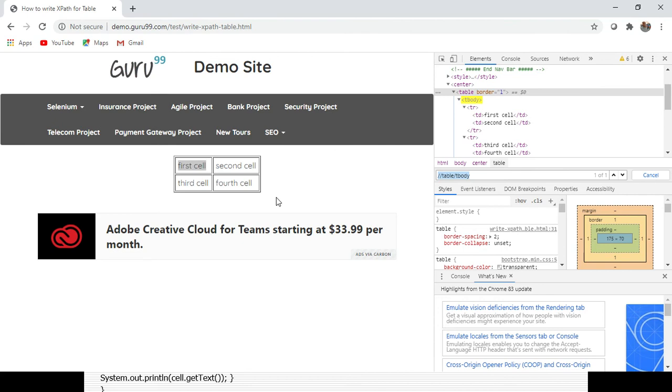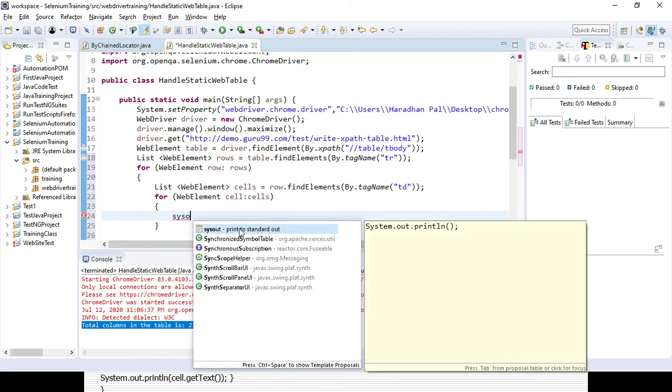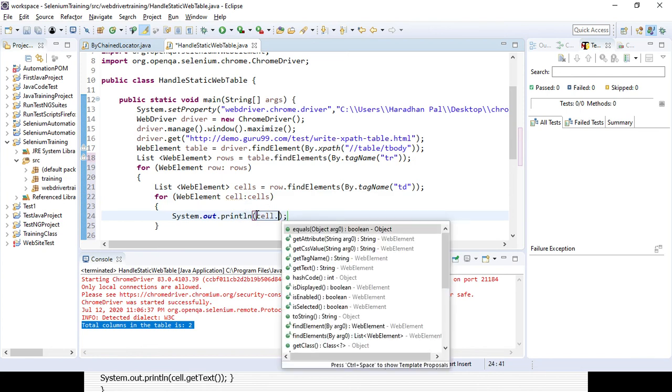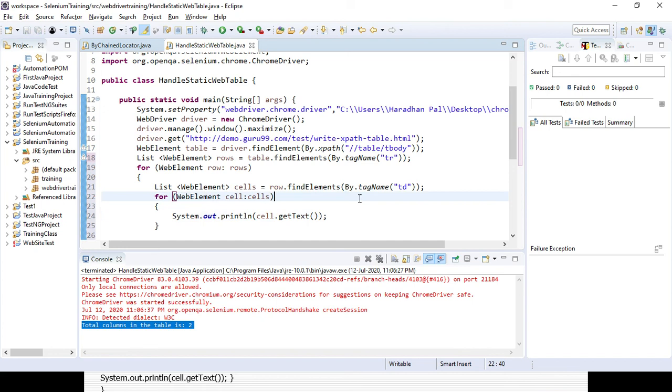I need to give some bracket and I need to print it. Here if you print it you will not get the correct value, because it is a text value, right? You need to use getText, okay. So that's the line of code you have to write.